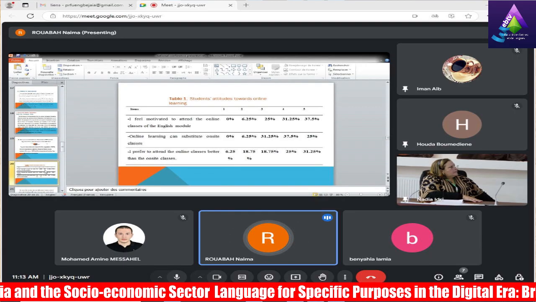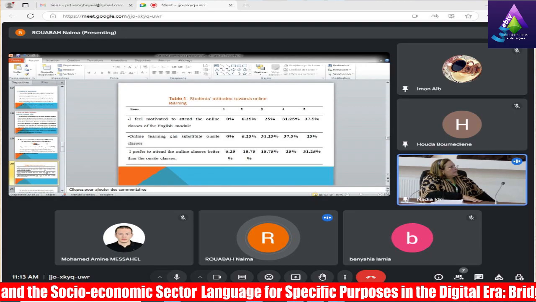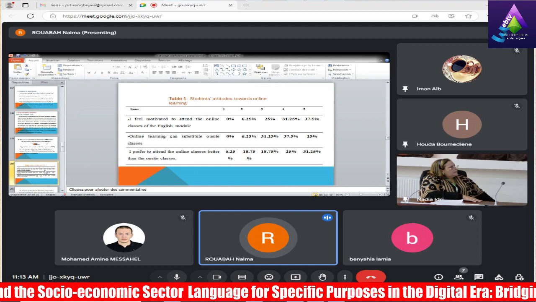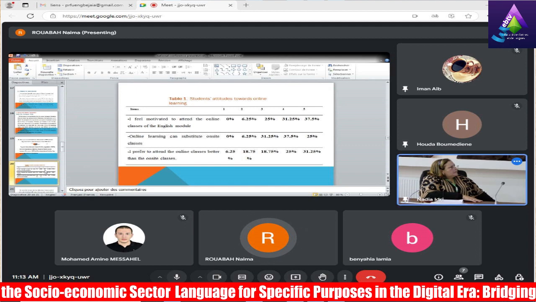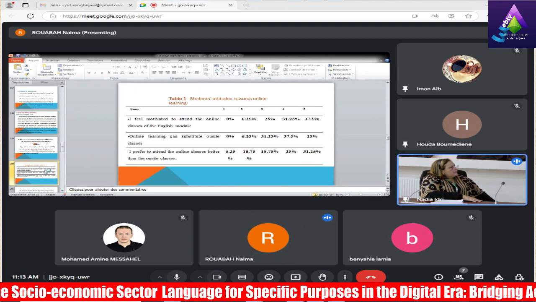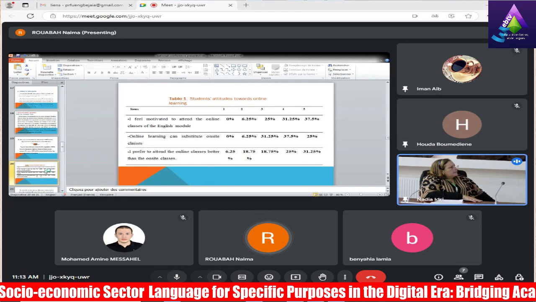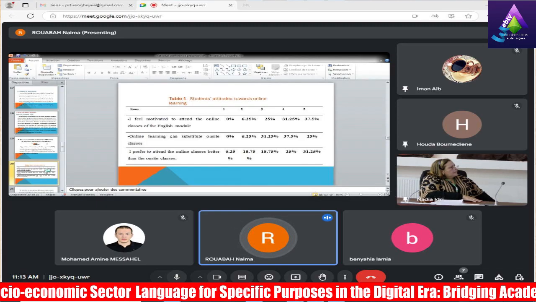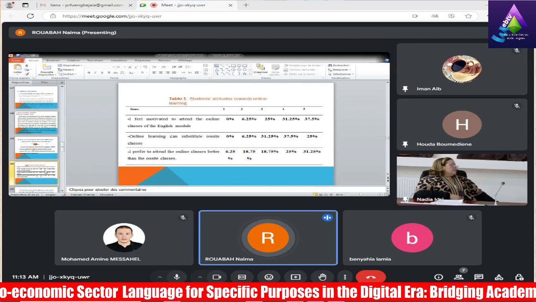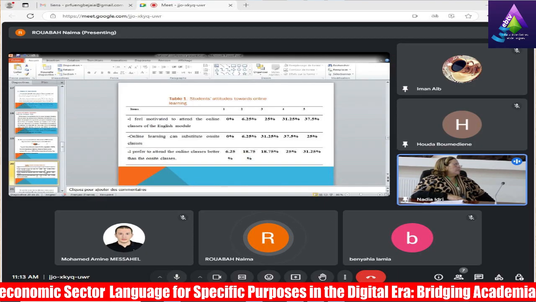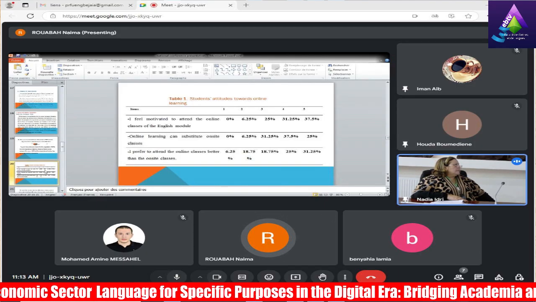Now we move on to the attitude of the students towards online learning. As shown in the table, we have three statements to highlight the students' attitudes. The first statement: I feel motivated to attend the online classes of the English module.